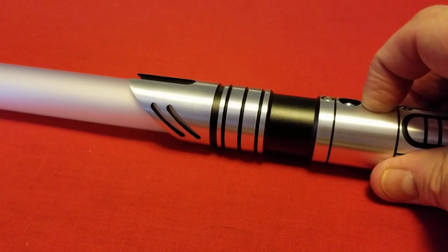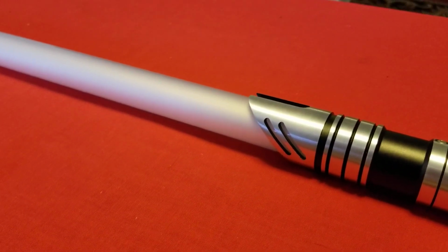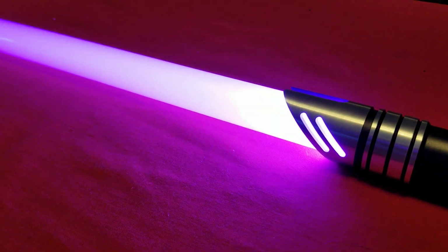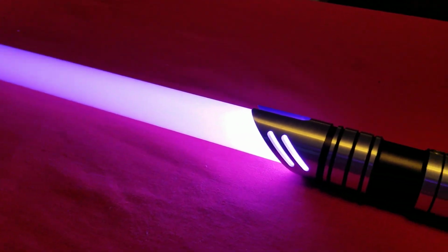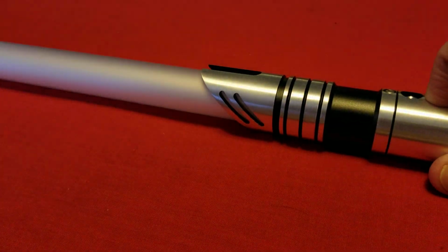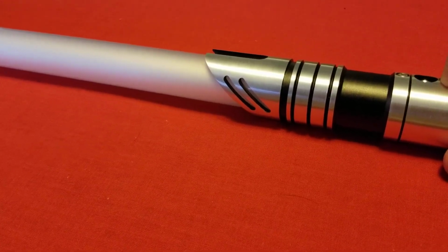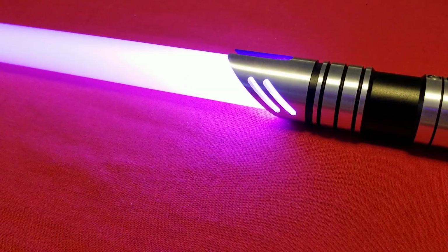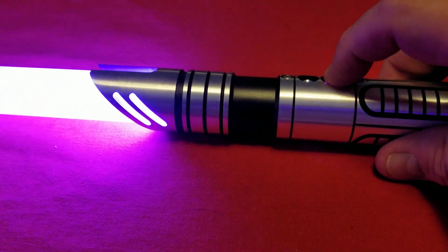When they become available again, of all the Gen 4s, I highly recommend this one and the Bastion. And of course, just understand that there are issues with the electronics from time to time. And on that subject, just be aware that if you go to the Saberforge website,